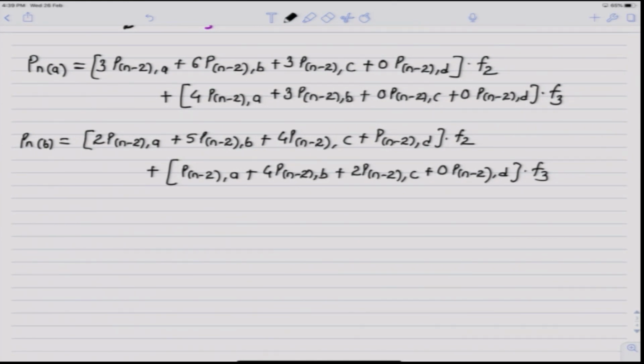So, that we can write the matrix of P n of A, P n of B, P n of C and P n of D is equal to,